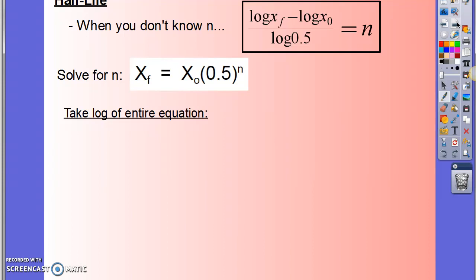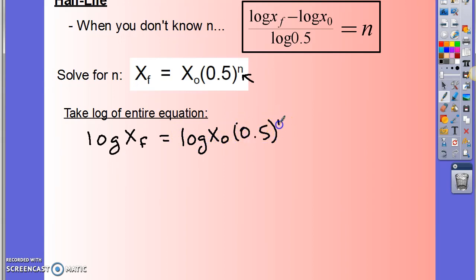So I just wanted to show you really quickly how we got this equation. And this is using log rules, so if you don't know your log rules, you might get a little lost, and you can just ignore this part and just know that the equation in the box is what you're going to use when you don't know n. So, to start out, if we want to get n by itself, the only way you can do that when it's an exponent is to take the log of the entire equation. So that means I'll take log xf, I'll take log x0,